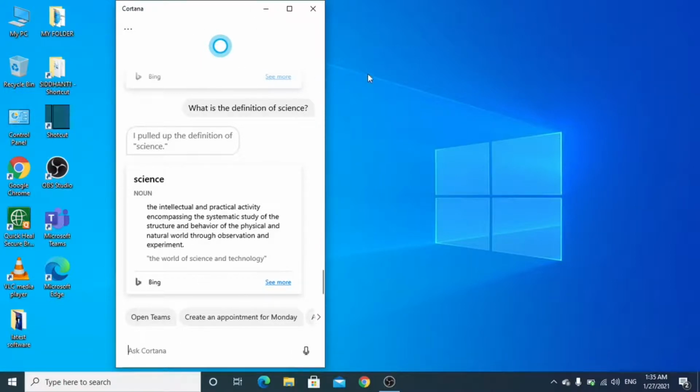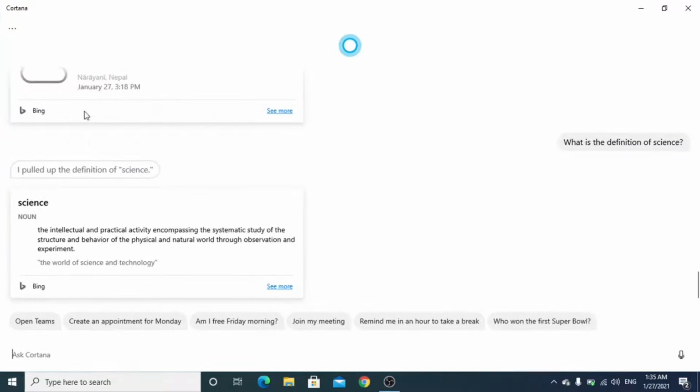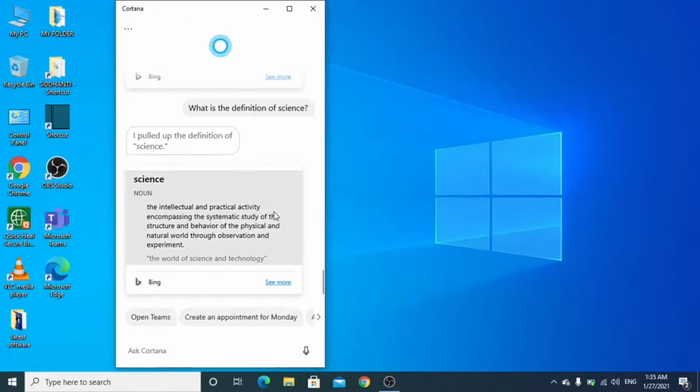I also told you that you can use it as an alarm. So how can you use the Cortana app as a reminder or alarm? For that I'm going to speak. You need to speak softly, slowly, not very fast, and in a clear manner.